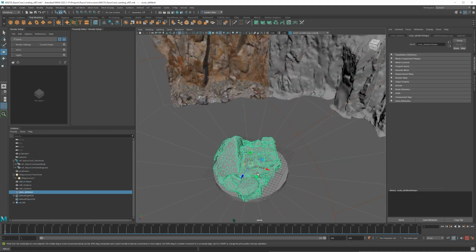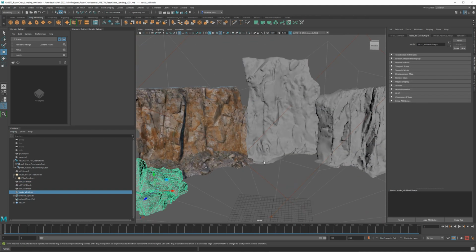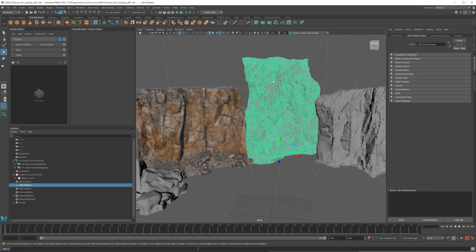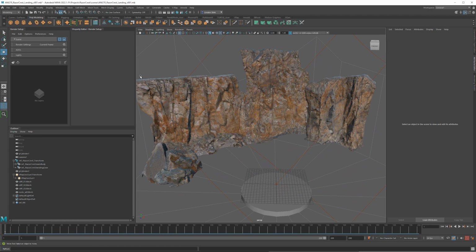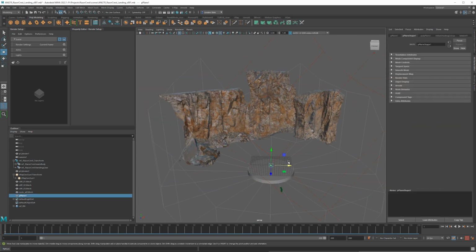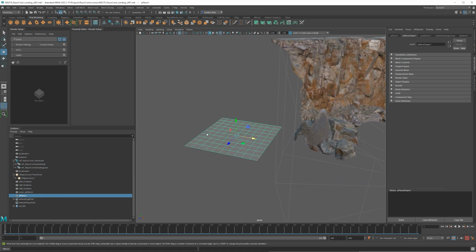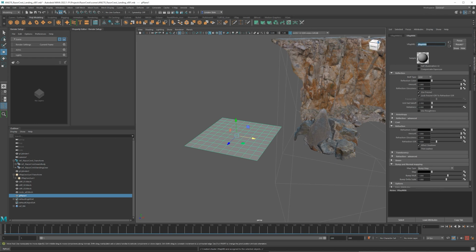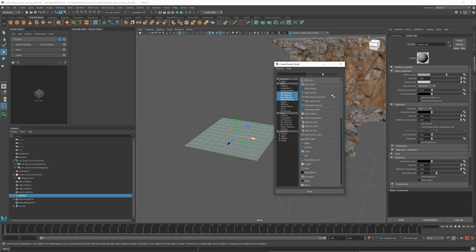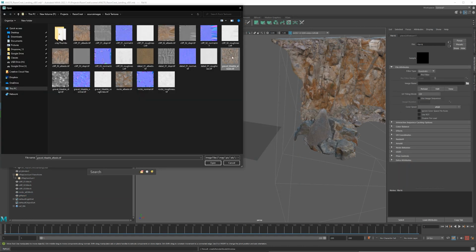All right, so before we get too far into this, go ahead and texture all the rest, and then we'll finish up placing our assets. So now I've got all of those textured. This collection also comes with a bonus map, just gravel. So I'm going to create a new plane here and add a new material for this. Let's call this gravel. The gravel one's going to be really useful for us.